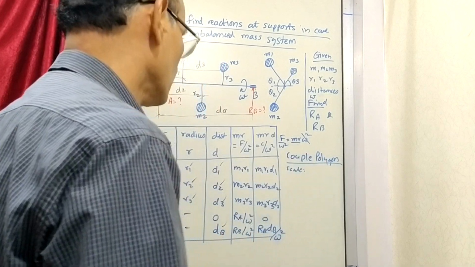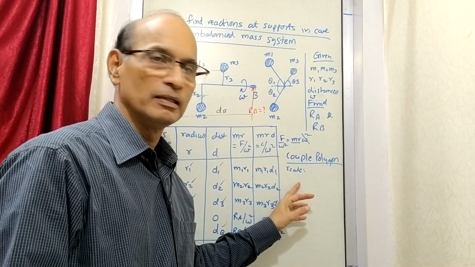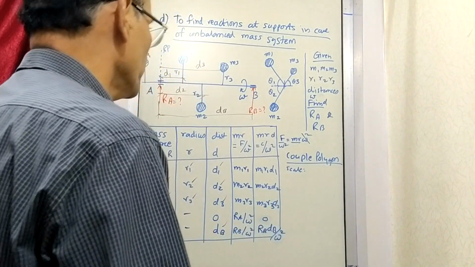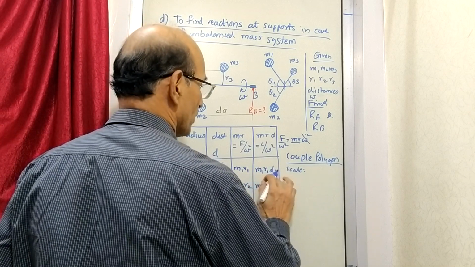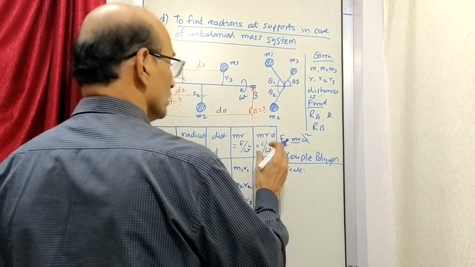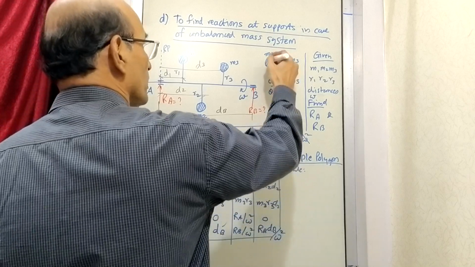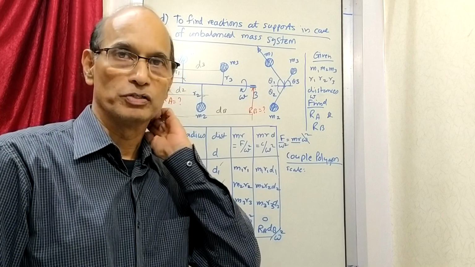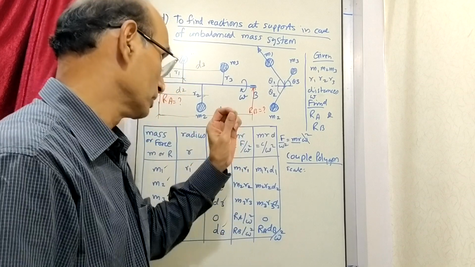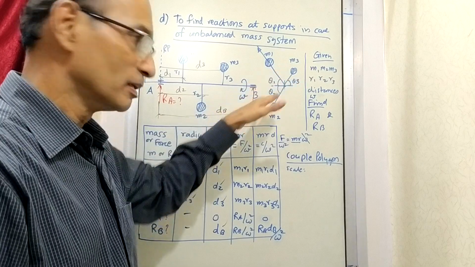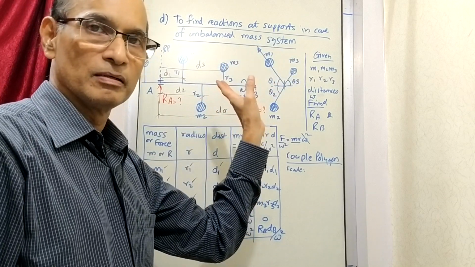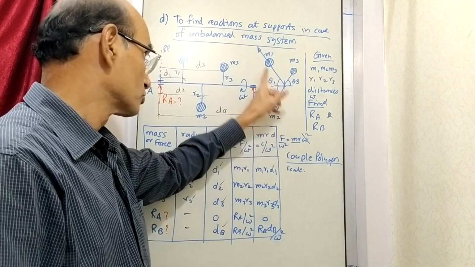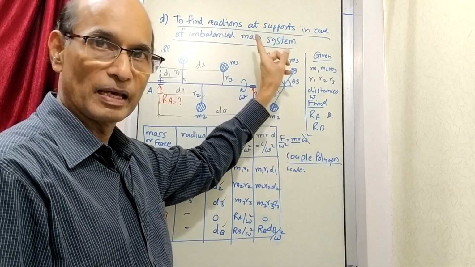So fix some scale, and with that scale let us try to draw the couple polygon here. How do we draw it? Let us find out M1, R1, D1. You have got the magnitude. Now where that couple will be, we are assuming that it is in this direction. Last time we saw, when we resolved the forces in the reference plane, that in fact the couple vector is 90 degrees in this direction according to the right-hand rule, but for convenience we are making it back to the force direction. So the couple vector will be shown in the same direction as the mass.